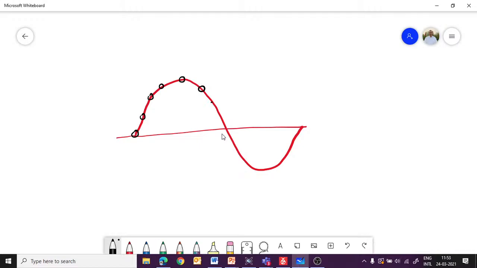So all these sample points you have to store in a lookup table. What will be the highest value here? Maximum positive value and negative value. Now our 8-bit numbers are represented in this way.